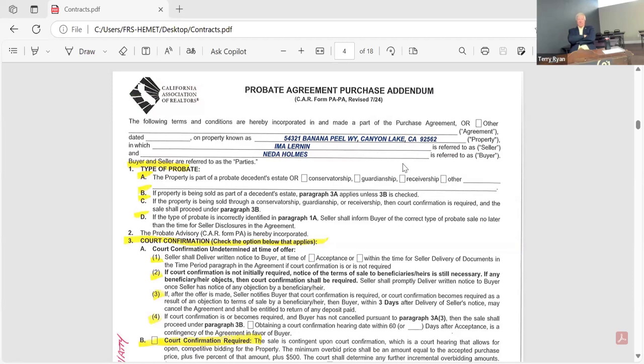has to go to probate. So you take it to an attorney, or they take it to an attorney. The attorney sets up a probate, and this identifies that this property is part of a probate. That's what the probate agreement is for. And it's part of an estate or a conservatorship. And a conservatorship means I'm handling an entire estate. A guardianship might mean that the person who's actually,